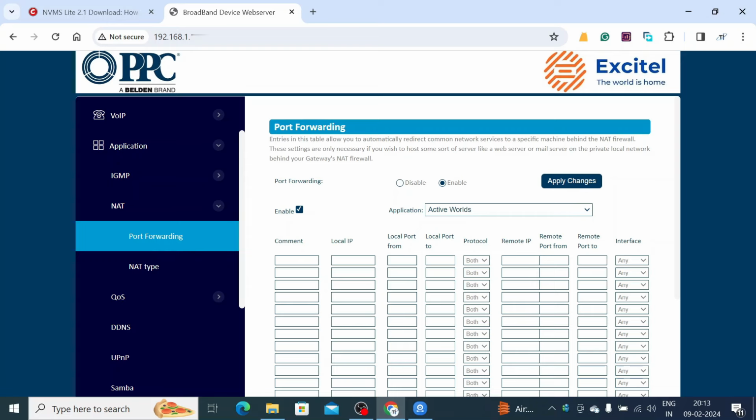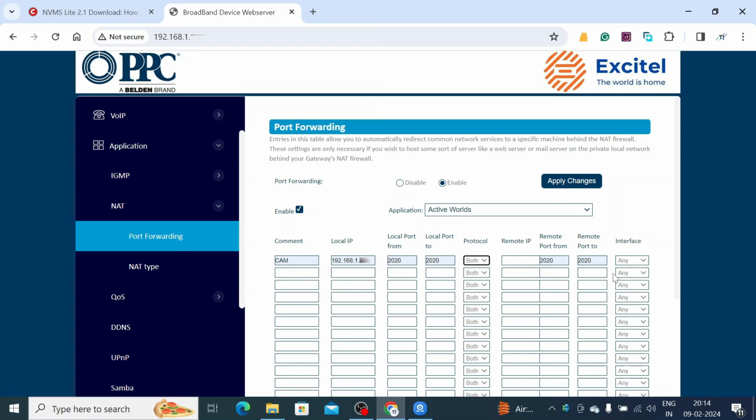Again I will say that in your router there may be a different option. You find the port forwarding option in a different place. So here you should enter anything like this, and again put your IP address here, and again put your port 2020 here, and again just pick anything here. Here you should select both TCP and UDP. Okay,